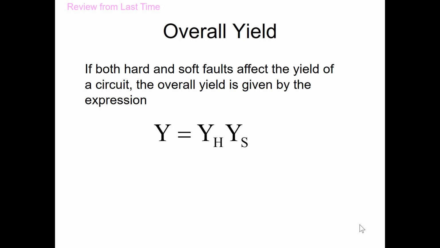We also saw that there's another way we lose die, and that's due to what we call soft faults. A soft fault is due to a continuous variation in parameters between devices that are closely placed. So we'll talk about something called the threshold voltage of a transistor a little bit later, but the threshold voltage is the voltage which allows the transistor to turn on.